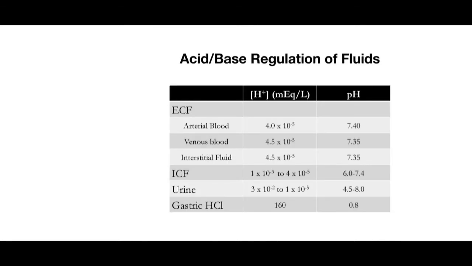So the first thing we want to do is talk a little bit about the specific concentrations that we see and the pHs that you would see in different parts of the body. Your arterial blood is typically around 7.4. That's your physiological pH, and we usually are talking about your arterial blood when we're discussing any type of values here. But I will give you the venous values as well for context and comparison. You don't need to memorize the concentrations, but it would be a good idea to know the 7.4, which you should know by now. You're going to need to know the barriers beyond which your arterial blood will be considered acidic or considered